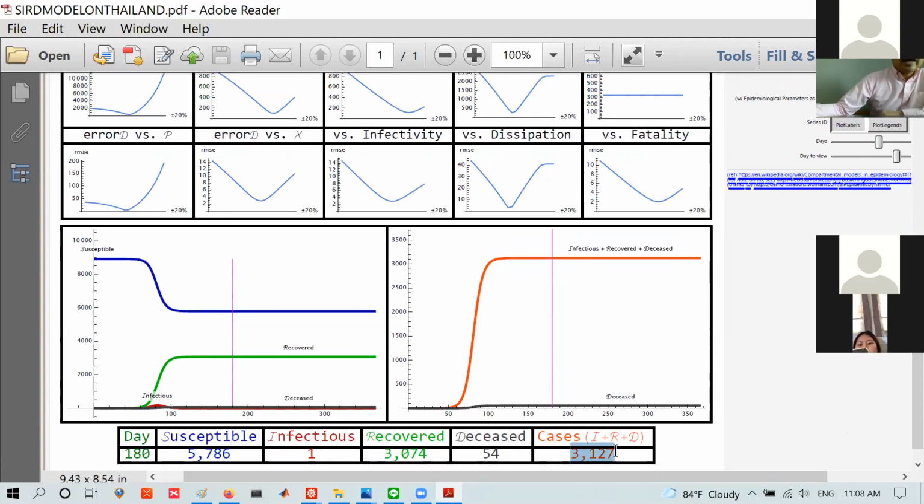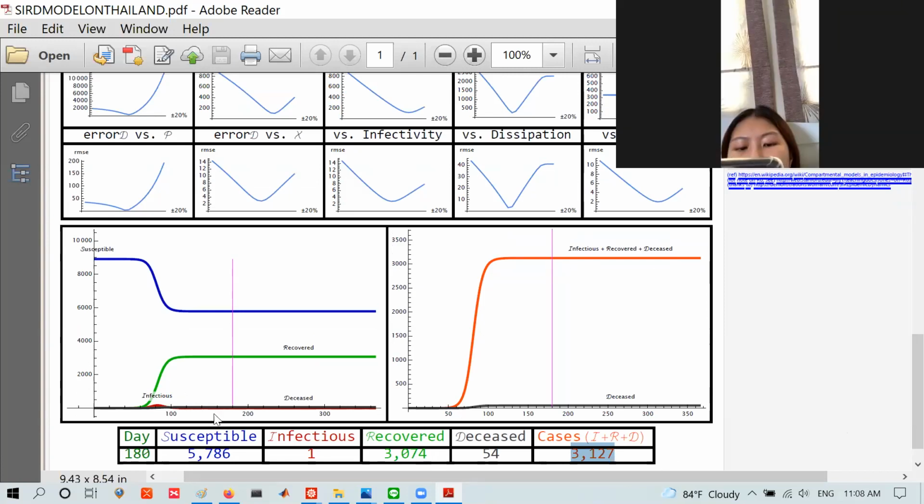Okay, predicted, and in fact, it was very accurate. You know, the total case tapered to around 3,000. It was really accurate up to, say, before we have the second wave. So once we have the second wave, this whole thing goes out the window because this is only calibrated for the first wave of infection, right? So this was very accurate up to, I don't know,